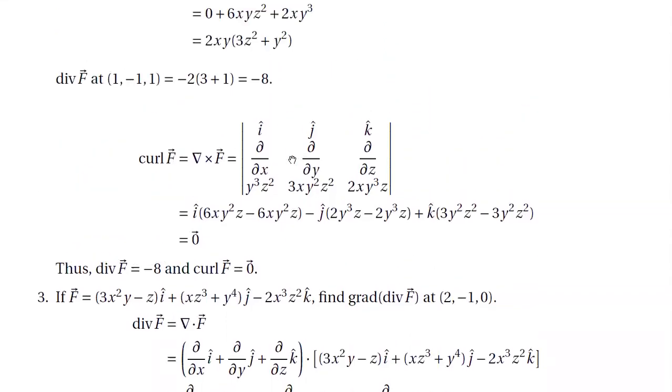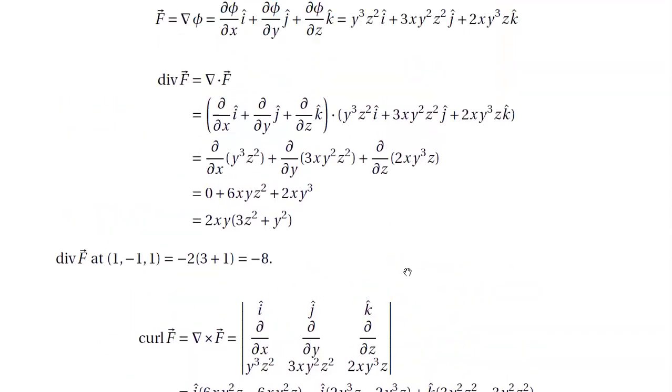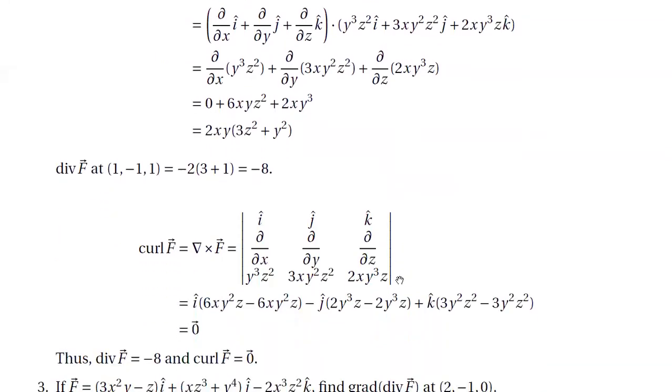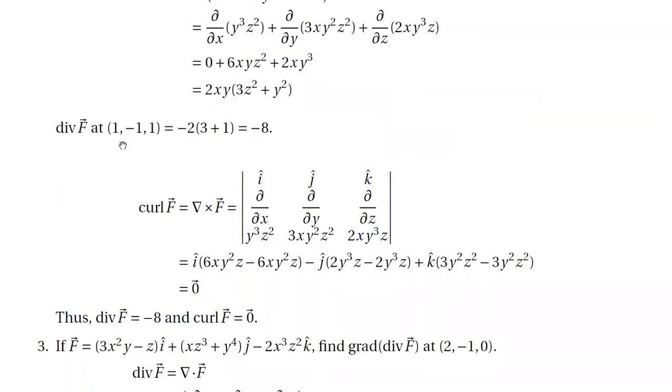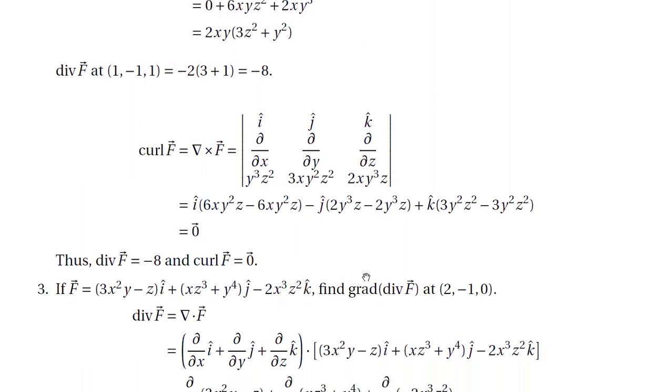Now suppose in this same problem, you got some answer for curl vector f instead of getting the answer as vector 0. If you had got some value in terms of x, y and z, then in that case what we have to do is calculate the value of curl of vector f at this particular point. That is, you have to put the value of x as 1, y as minus 1 and z as plus 1. Whereas in this case you don't have to do this, because the value of curl vector f is already equal to 0 vector.